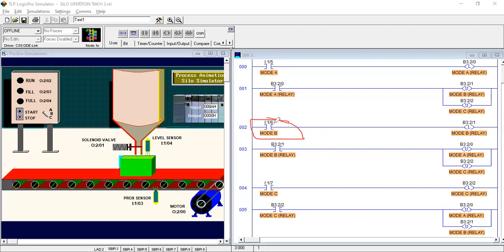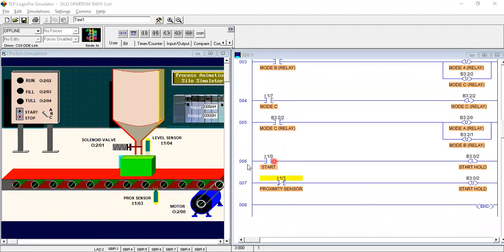And in the second mode, mode B, this address will be on, and this one and this one will be off. In mode C, this address will be latched, and this one unlatched.